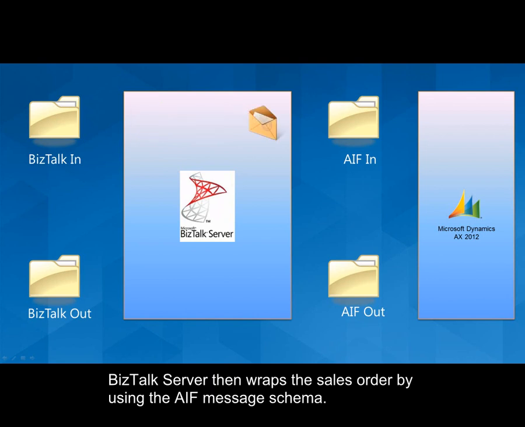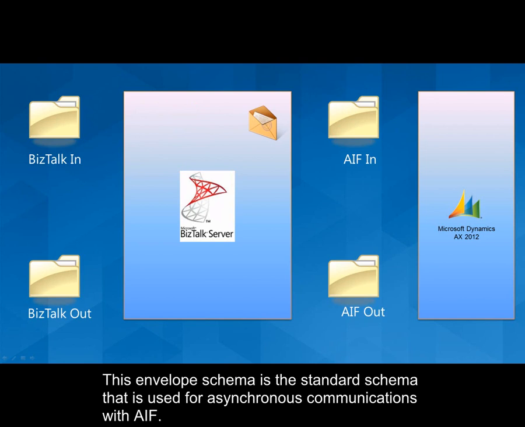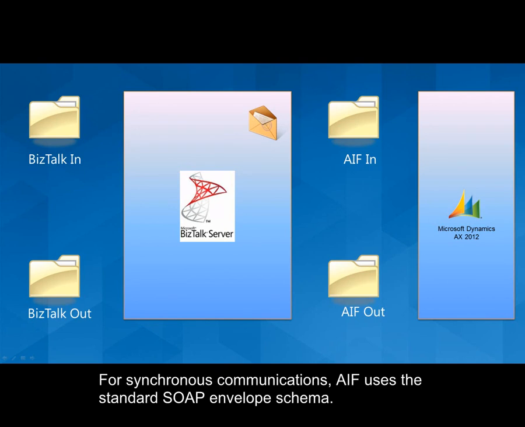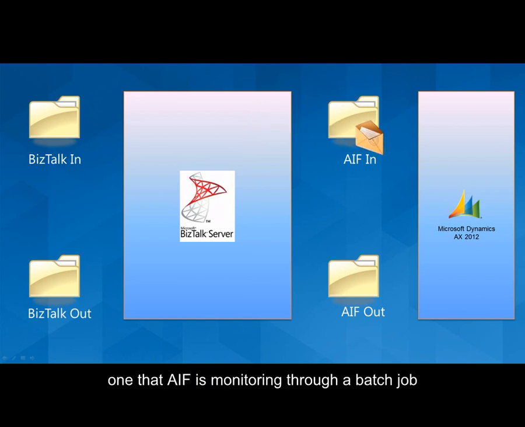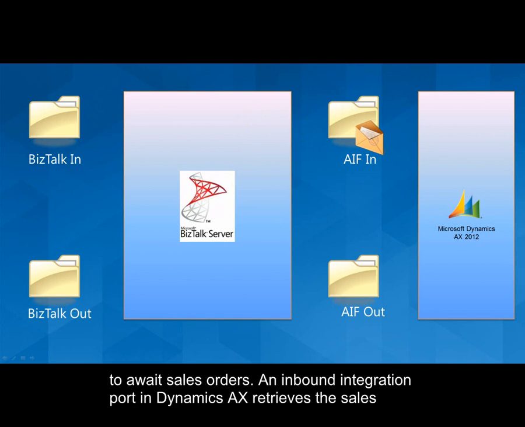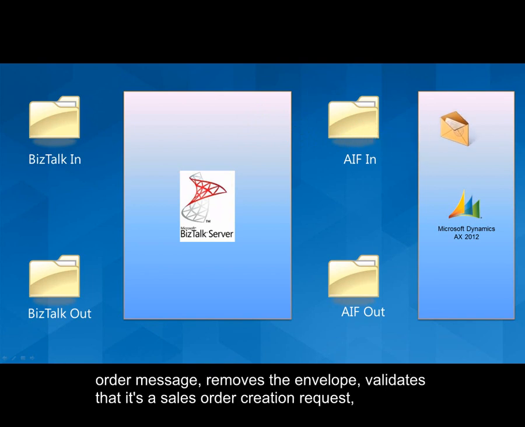BizTalk Server then wraps the sales order by using the AIF message schema. This envelope schema is the standard schema that is used for asynchronous communications with AIF. For synchronous communications, AIF uses the standard SOAP envelope schema. BizTalk saves the completed message to a different folder, one that AIF is monitoring through a batch job, to await sales orders. An inbound integration port in Dynamics AX retrieves the sales order message, removes the envelope, validates that it's